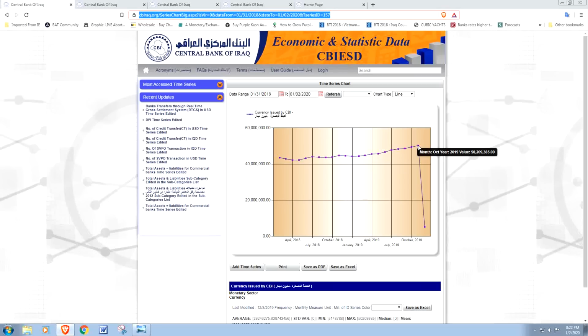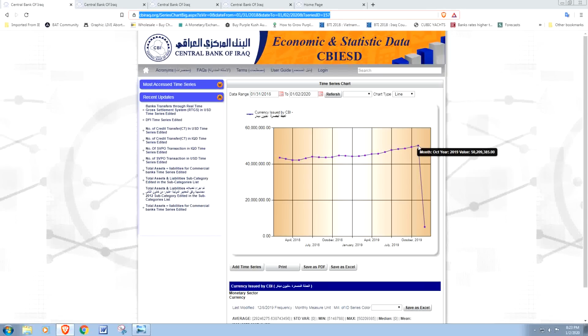Now I said, oh, okay, so is that how much is actually out there? Is there 50 trillion dinars out there? He said, what you would need to know, because this is just the amount that was issued, is that they also have what's known as a destruction report, where whenever dollars get damaged, they keep track of them. He says, if you want to know how much is actually out there, it's the currency issued by the CBI minus any damaged bills that are out there. So that would give you a more accurate number.